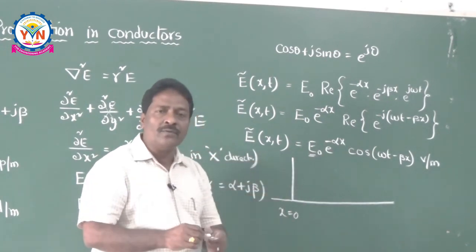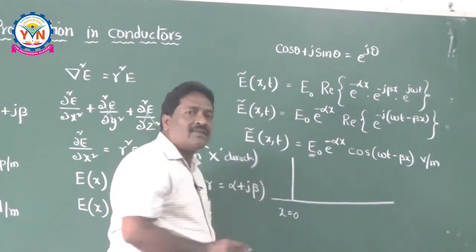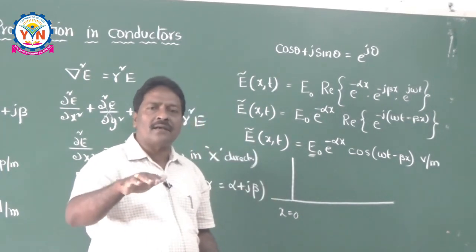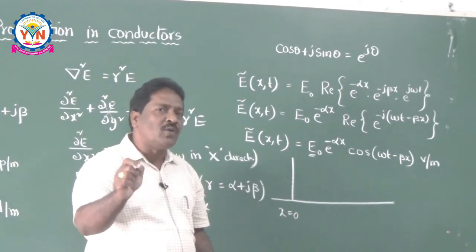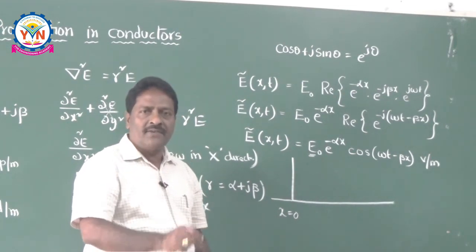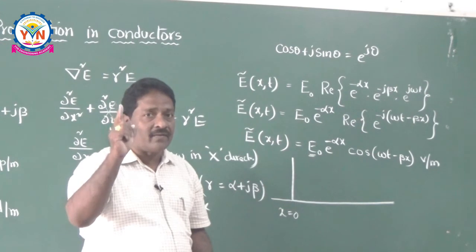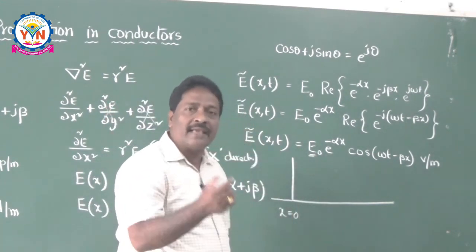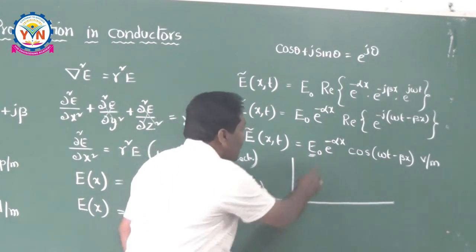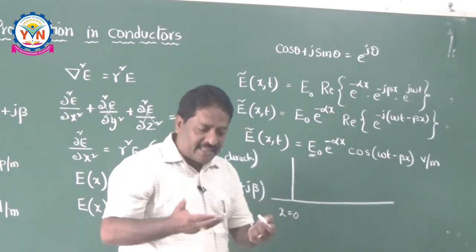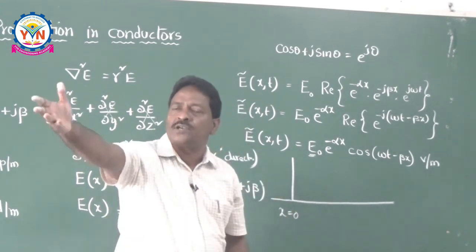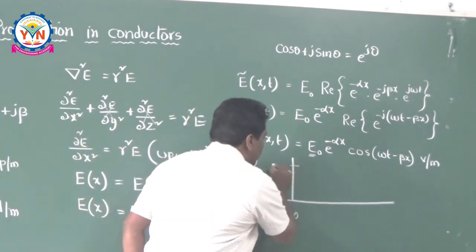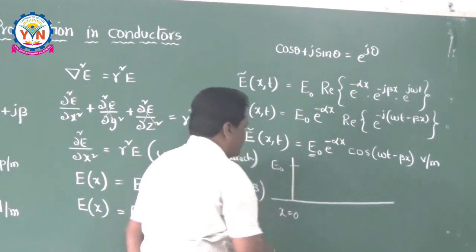I already told you, the constants are always telling about the amplitude of the wave. In the free space class also I told you, C1 and C2 are the amplitudes of the waves. If C1 is equal to C2, it is a standing wave. But here you can say E naught is nothing but the amplitude of the wave. So at x is equal to 0, that means at the sending point, the point from where I am sending, at x is equal to 0, the amplitude is E naught. That means maximum amplitude is coming like this.